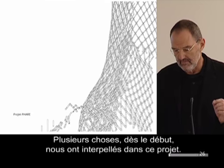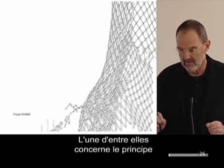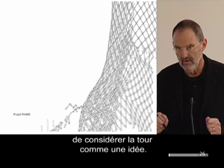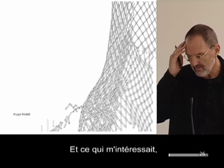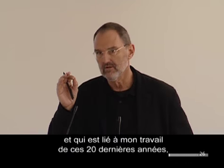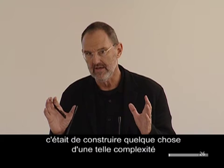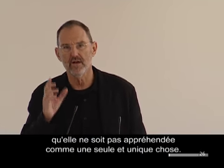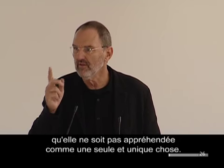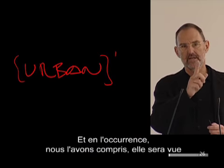Several things from the very beginning started us on this project, and one had to do with the nature of a tower as an idea. What I have been interested in, and it's connected to my work over the last 20 years, is producing something of a complexity and of a dynamic characteristic, so it's understood as more than one single thing. And in this case, it was something that we understood is going to be seen